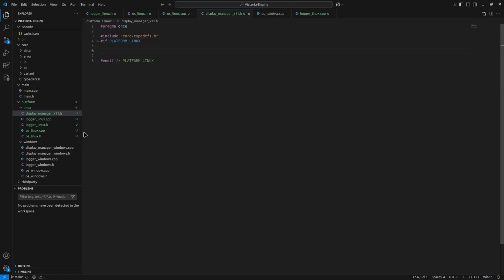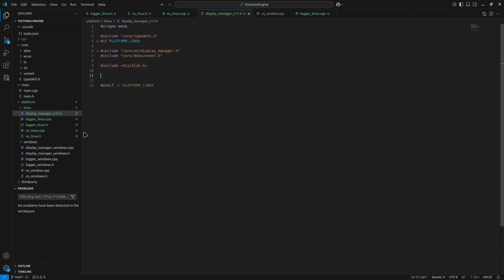And within here, we're going to want to include a couple things. Of course, we're going to want to include our OS display manager, and we're also going to want to include our data event class as well. And of course, you're going to want to include your X11 headers. So here we go, X11